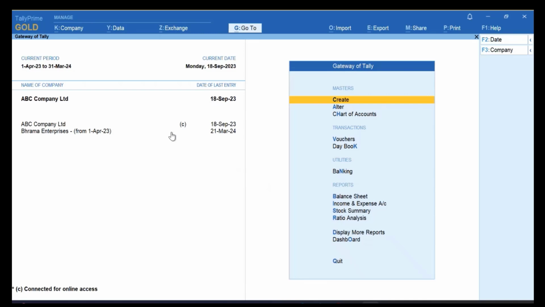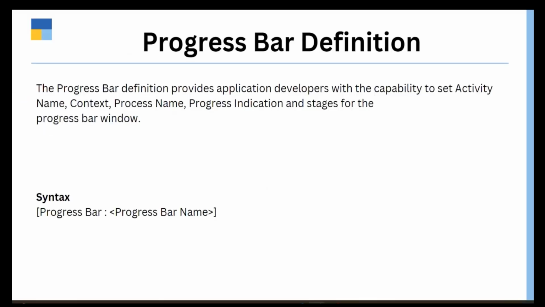With this feature enhancement, we are introducing a new definition called progress bar, along with 8 attributes and 10 actions. We will learn about each of these in detail in this video. Let's start with the basics. The progress bar definition. Do you know about the existing progress bar capability in TDL?